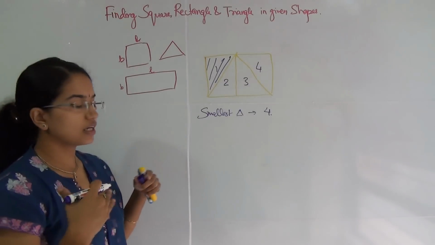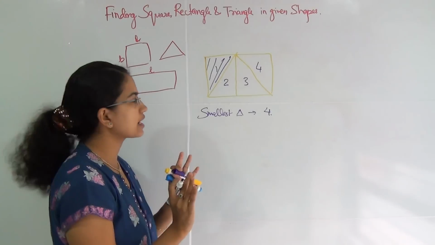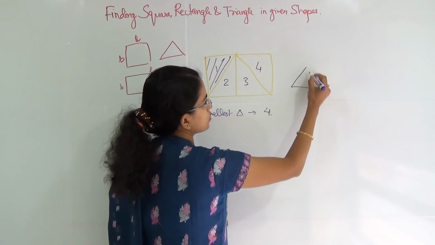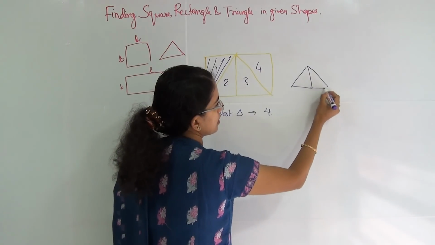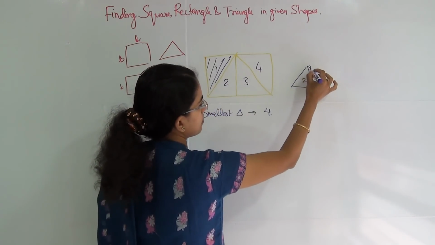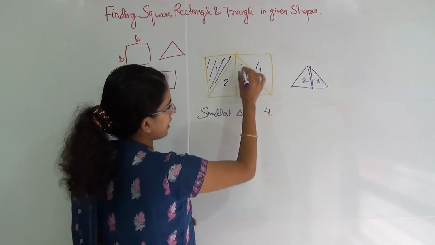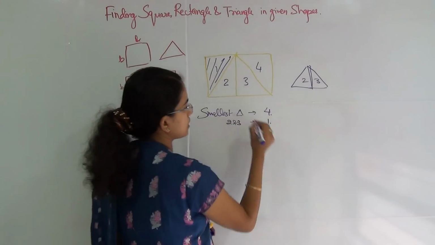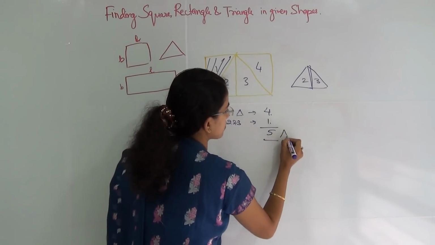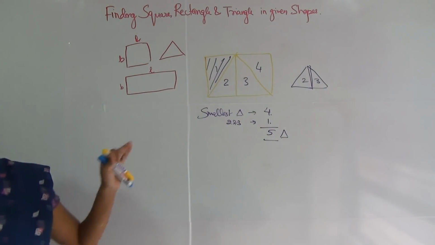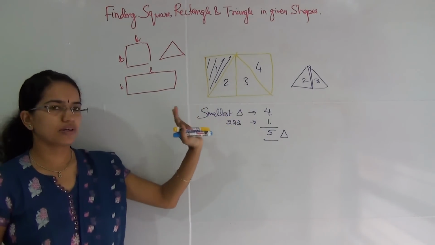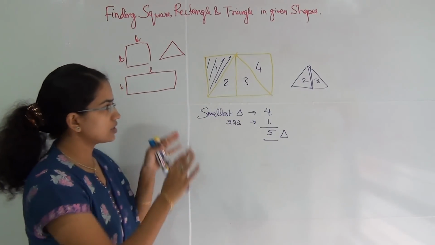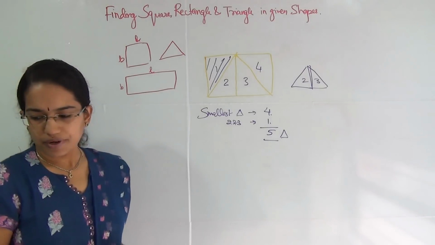Now I look into a bigger triangle, and how will I find a bigger triangle? I have to join 2 small triangles. So in this case, if I join the triangle 2 and triangle 3, okay, I get a big triangle. So this triangle, which is formed by 2 and 3, would be one more triangle. So in this question, the total number of triangles would be 5. So if I am asked what are the total number of triangles, I can say there would be 5 triangles in all. Okay. Now this was an easier question to find the number of triangles.